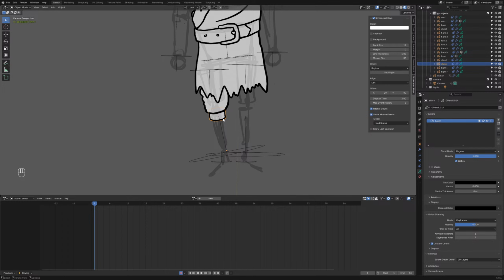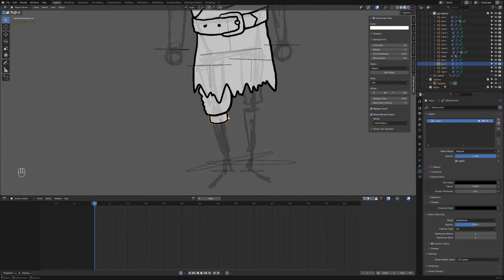It's not a big thing, but I think it's a little bit faster than looking for particular layers. So my grease pencil objects are basically containers for artwork,